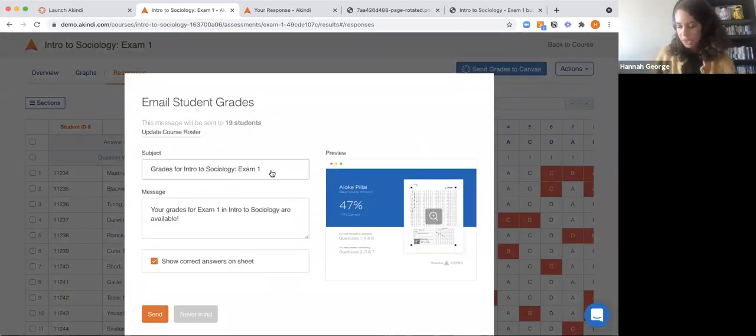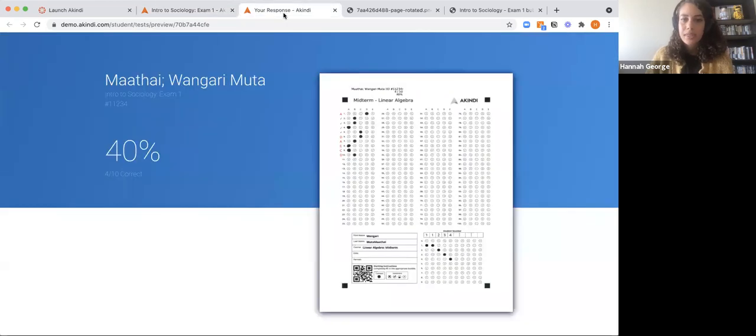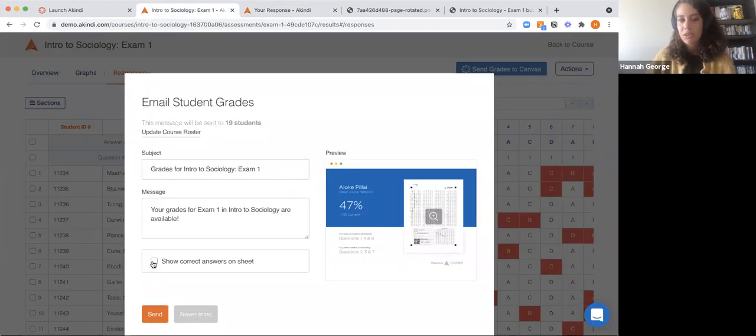So here you can customize the email that's sent to students. In the email, they'll automatically get a link to a particular report, which will look like this. So here they can see the full breakdown of what they got correct versus incorrect. And I can choose whether I want to show the correct answers on that test sheet or not. If I chose to untick this, then I'm just going to see green ticks and red check marks